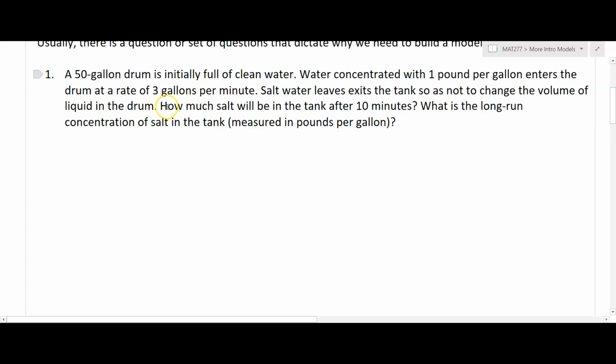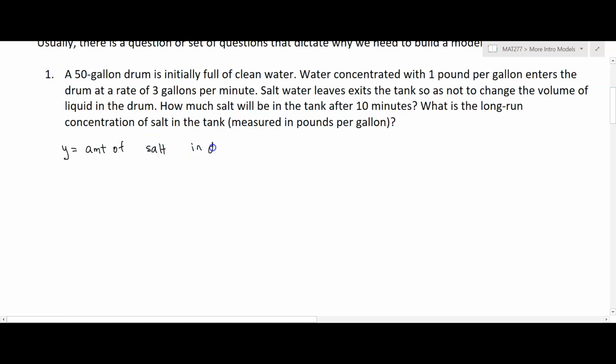So our question is asking about salt after a period of time. So immediately that tells me, okay, well, I want to model the amount of salt in this tank as a function of time. So I'm going to define some variables. I'm going to say, okay, well, my dependent variable, I'm just going to call it y here, is going to be the amount of salt in the drum. That's what I want to measure. So amount of salt